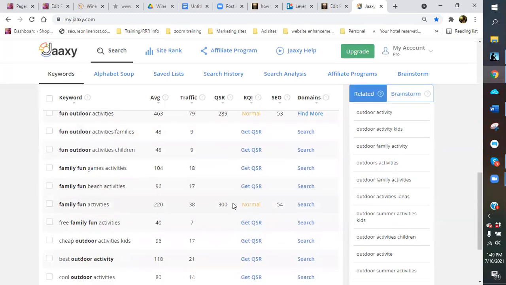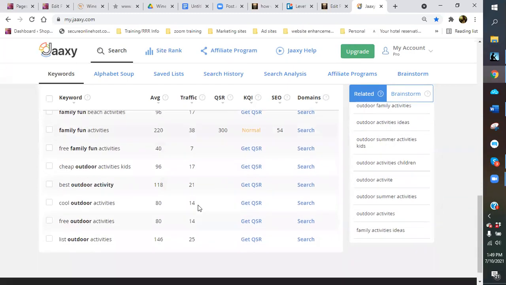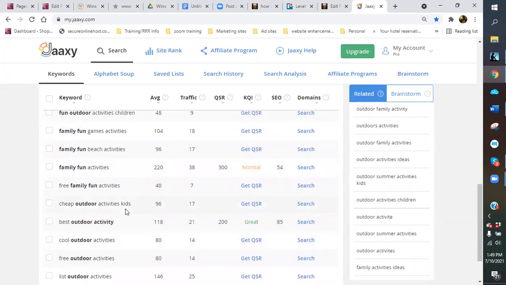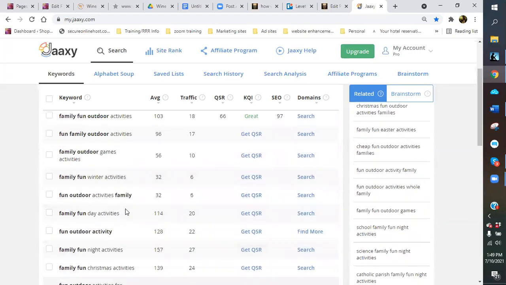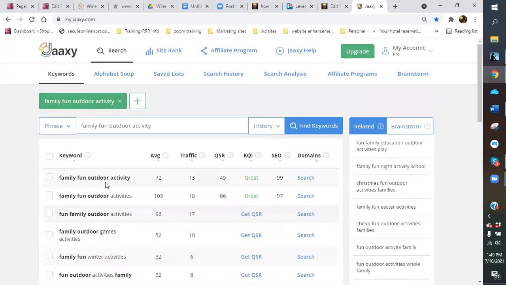Again, here's another one. It's just got a lot of competition without a whole lot of traffic coming in. The reason why I didn't want to include kids is because I wanted to include a family, you know, all ages, and that's why I left out the kids, because I wanted to include the whole big family. And I think we're going to leave it, because that one's still a good key phrase. Not a lot of traffic.